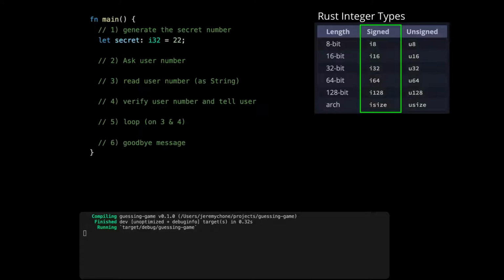The signed types that start with I can contain negative and positive numbers. And then the unsigned types, which start with U, can contain only positive numbers. So they can have bigger numbers for the same number of bits, but they cannot have negative numbers. And the last row here, iSize and uSize, are dependent on the device